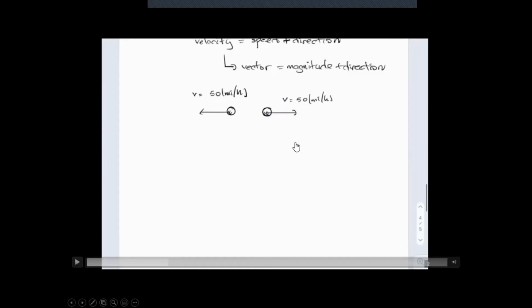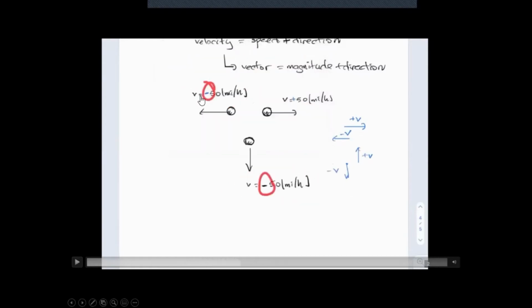So we're dealing with what's known as vector calculus, obviously, the vectors. You've got two objects moving at the same speed, moving in opposite directions. So how do we specify direction if that's the case? We've got to start coming up with some sophisticated symbols. Motion to the right is going to be positive, motion to the left is going to be negative. Up is going to be positive, down is going to be negative.